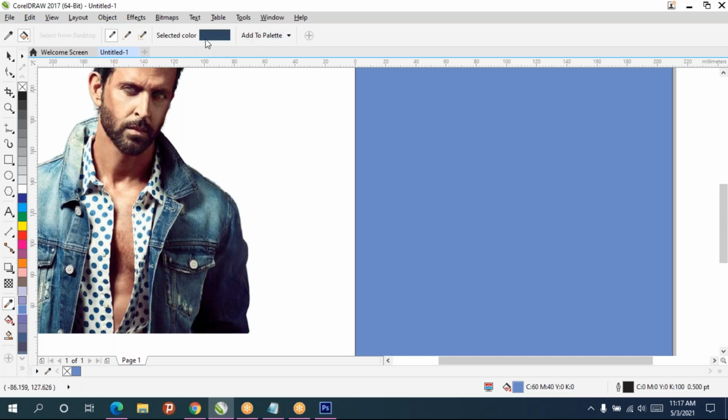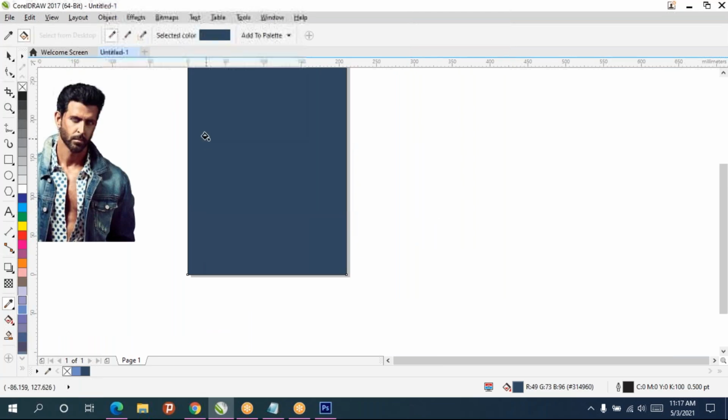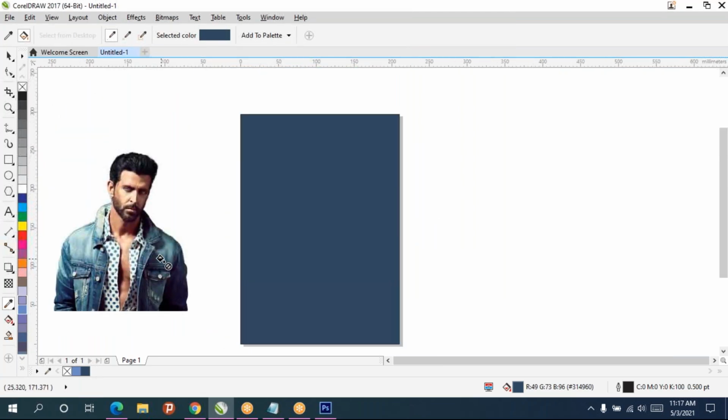That color will be automatically selected, and one paint bucket symbol will be there, and apply. So that color will be automatically applied. Whatever color you have chosen, you can apply to the object, and that color will be stored in the recent colors. Here I have given only plain color.